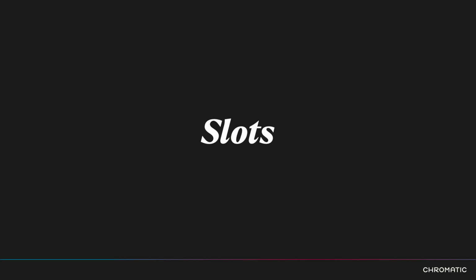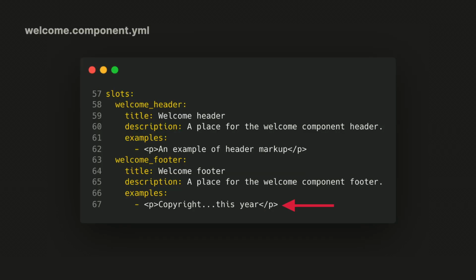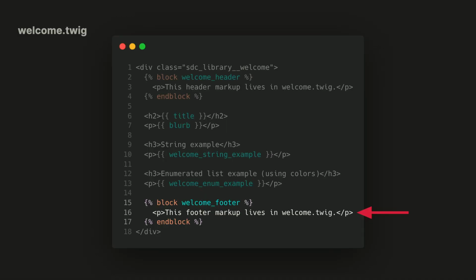There isn't that much to say about slots, simply because whereas props have different types, slots are just slots, and what the slot is meant for is to hold unstructured data. So think about rendered markup. It'll basically hold anything you want to put into it, like a bucket that's happy to take whatever you can pour into it. So if we look back at the twig template in the footer,